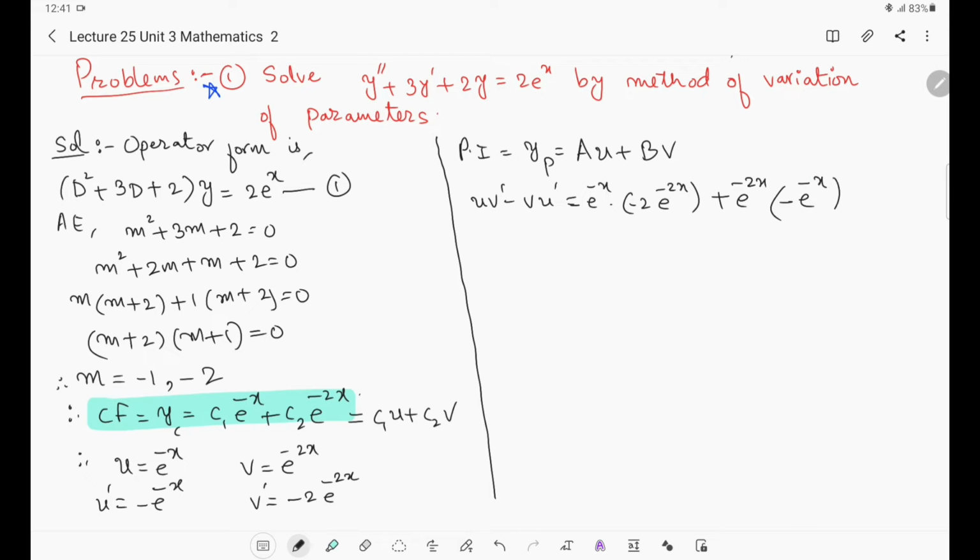So this will be minus 2 e power minus 2x minus x, so what we will get here? Minus 3x, we will get e power minus 3x, then minus e power minus 2x minus x, e power minus 3x, which will be minus 3